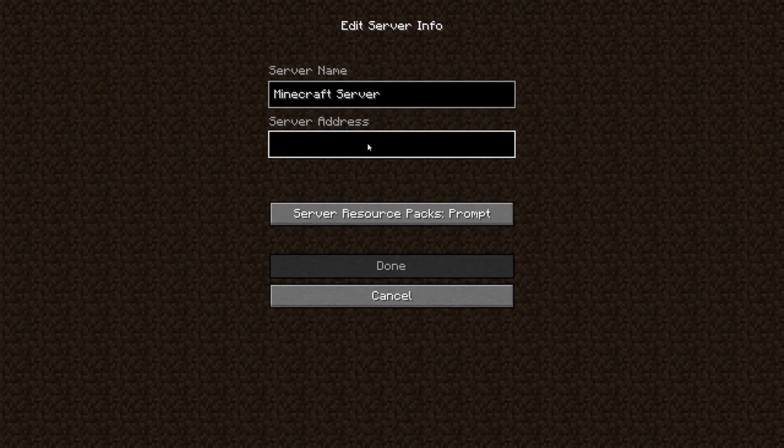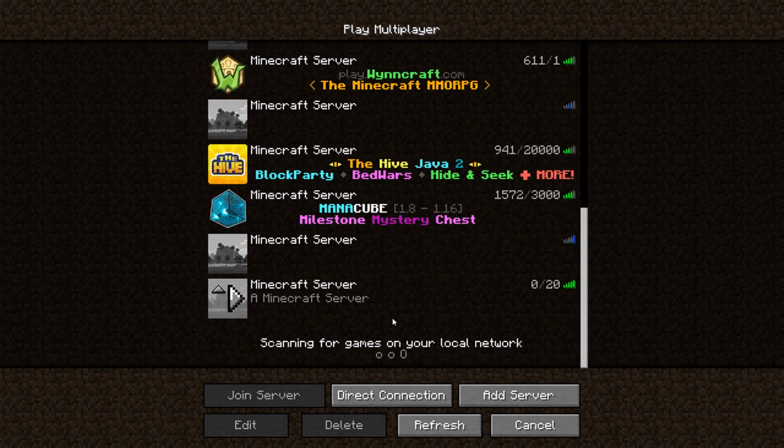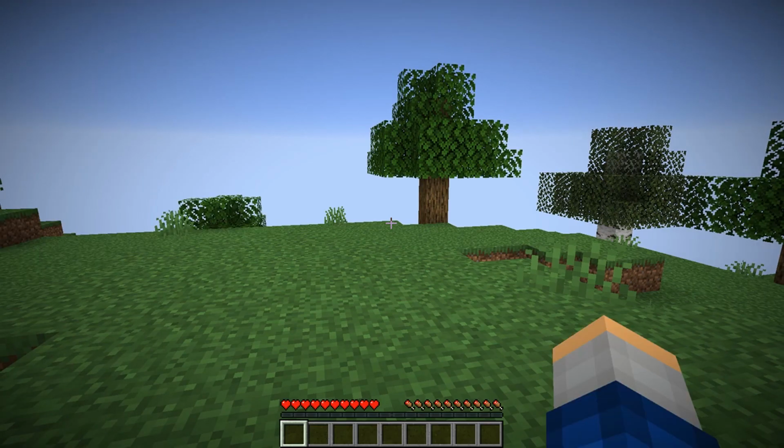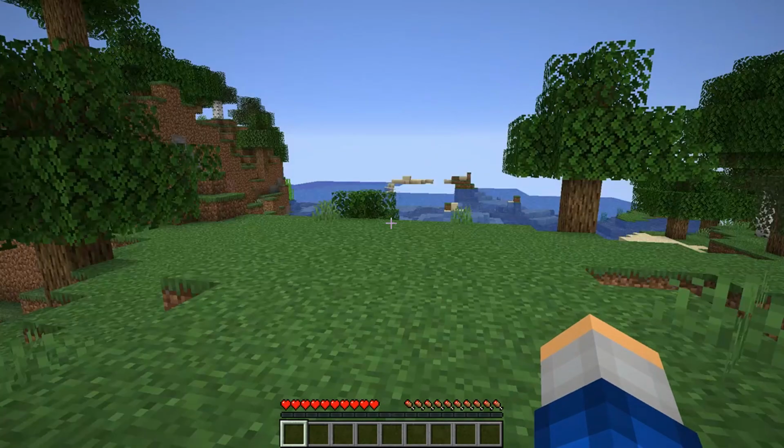So if you want to access your server just by yourself, you can just go localhost and click done, and it'll be down the bottom, localhost, you can join, log in, and you've got a Minecraft server, except, you know, your friends can't join. So, what you want to do, hey, this is a pretty cool island, what you want